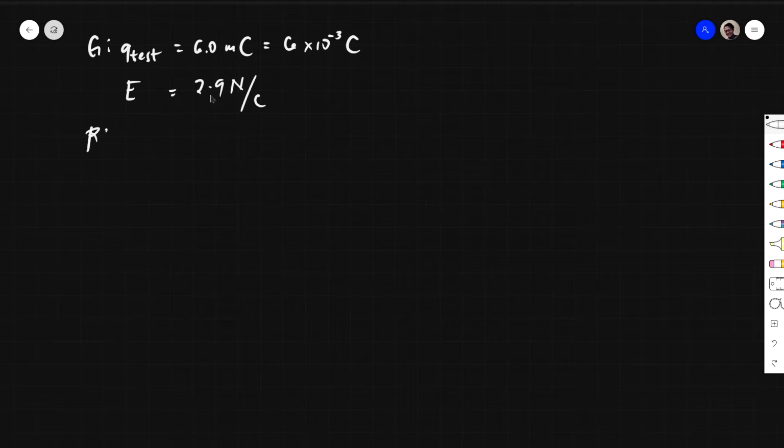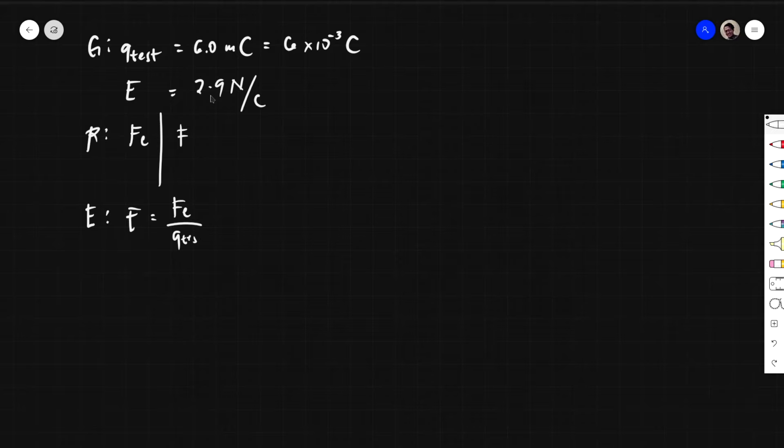The required for this problem is the electric force, or just force, if you prefer that. I don't mind, but I prefer this one. It depends on your physics teacher how they want to define the variable. As for the equation, what can we use? Knowing that electric field is electric force divided by this one, you just need to,